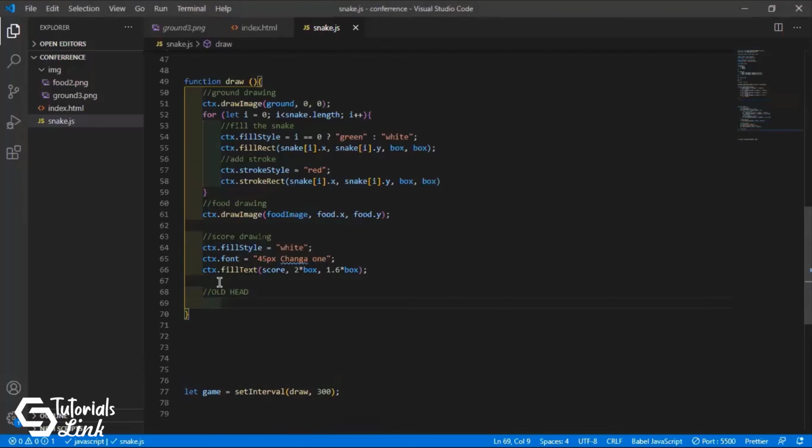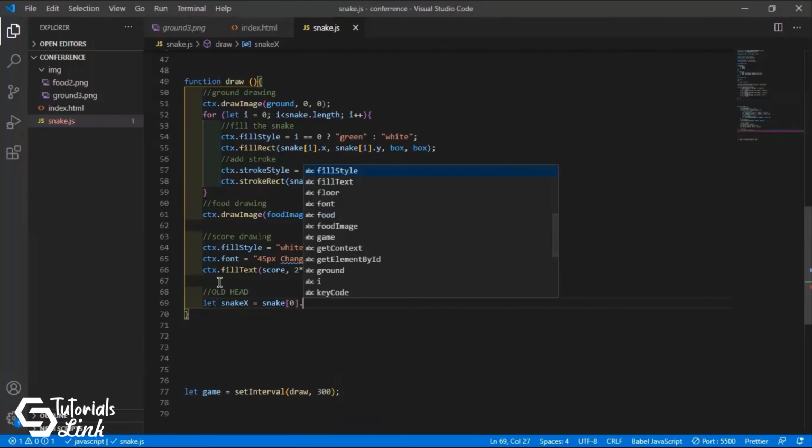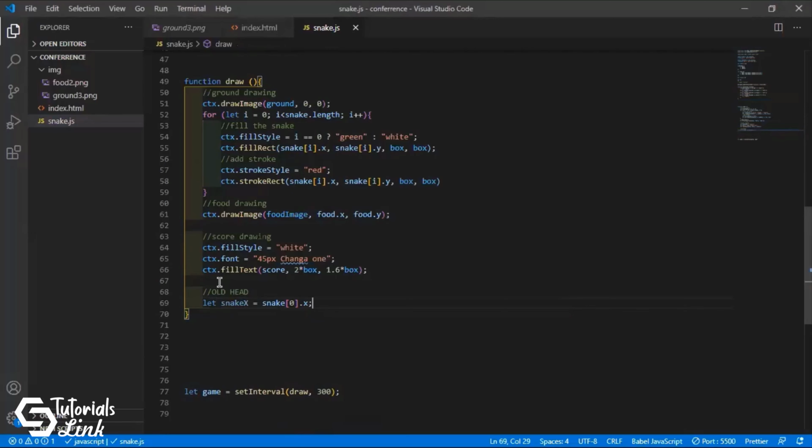For the old head, we'll create new variables: snake x, with the initial value of the 0 position's x, and similarly snake y, with the 0 position's y. So this will be the next part.